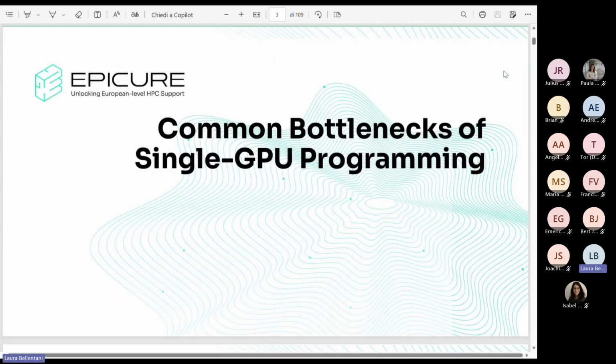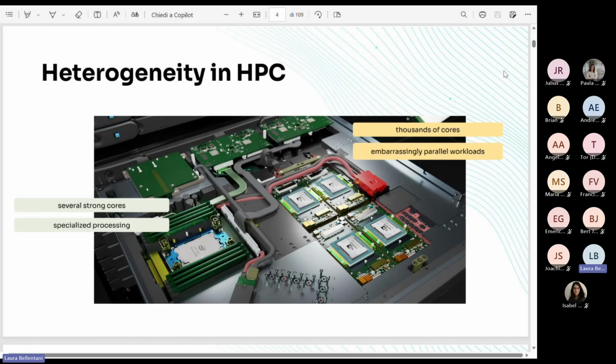So let's start with common bottlenecks. When we discuss offload to GPUs, we have to take into account that nowadays computation is heterogeneous programming. So basically, this means that we have on the same node, one CPU and a number of GPUs. The CPU is characterized by several strong cores, which are highly specialized for serial processing, orchestration, I/O. And we also have these GPUs, which are characterized by many thousands of cores, and these can provide massive throughput